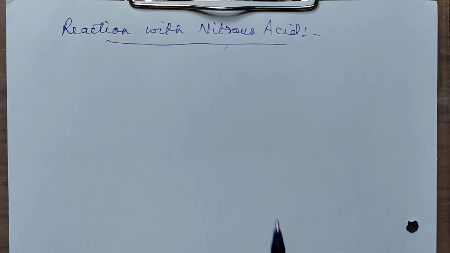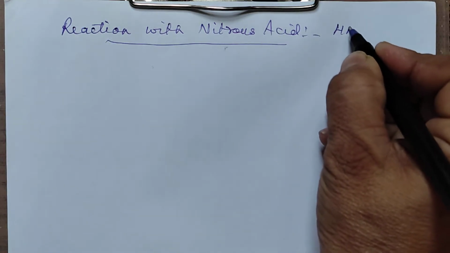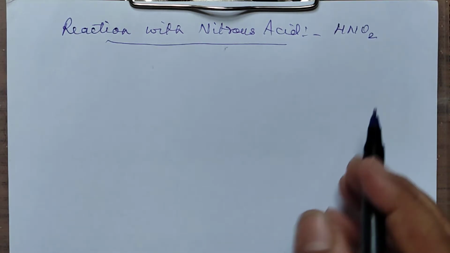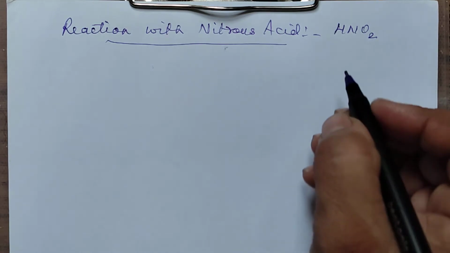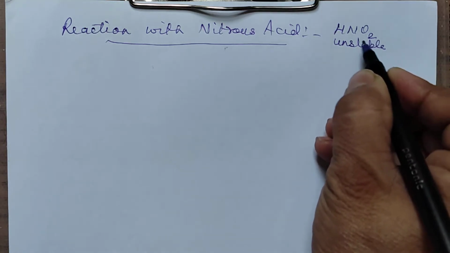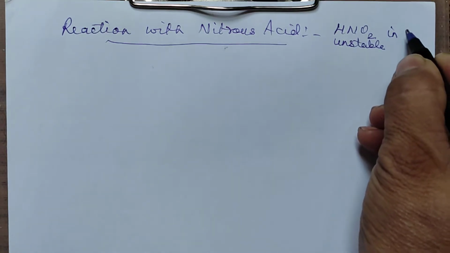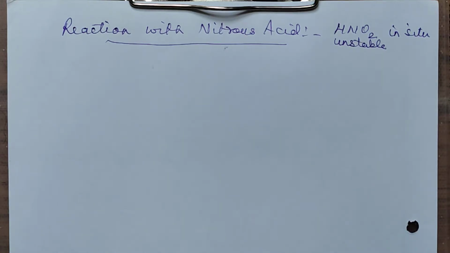The first one is nitrous acid. Now what is nitrous acid? HNO2. The first thing is we cannot use HNO2 as such because it is unstable. That is why we always prepare this in situ. In situ means within the reaction we prepare it. It's a very important reaction to distinguish between alkyl